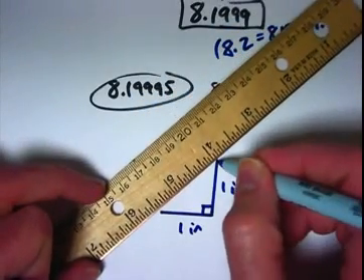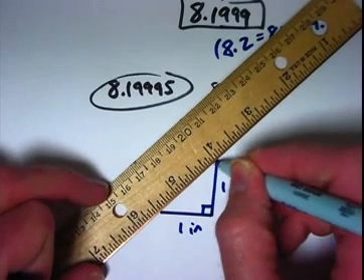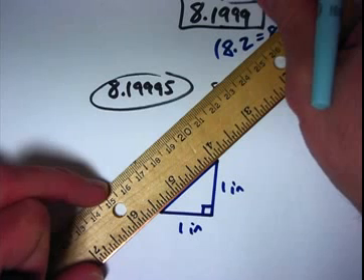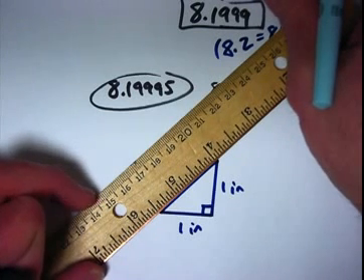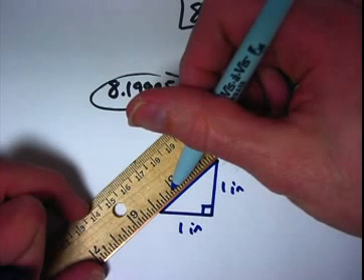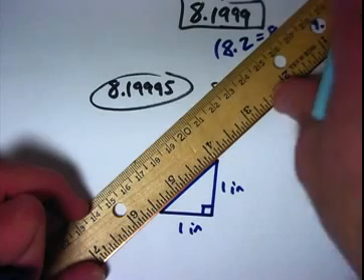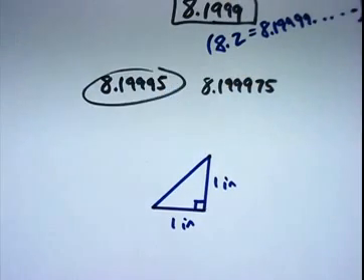Well, we could draw it and try to measure it. Appears to be about almost 1.5. I didn't draw it perfectly. It should actually be closer to 1.4. Each of these marks is 1/16 of an inch. So it's not drawn perfectly, but it turns out from the Pythagorean theorem, which you may want to look up, you should remember,